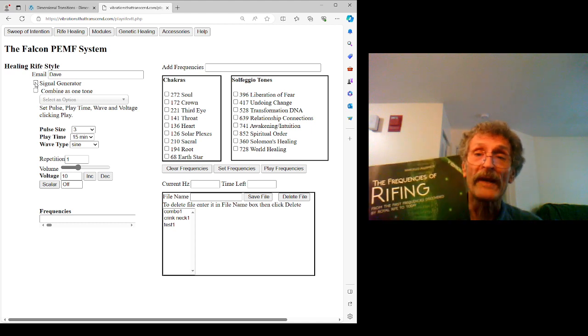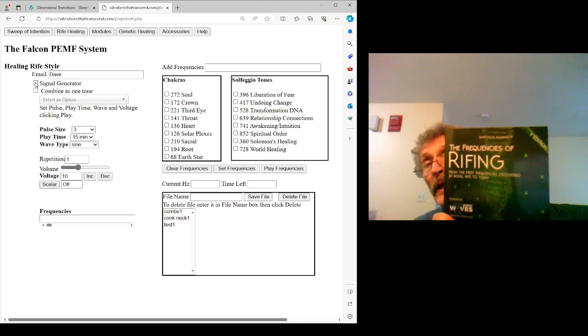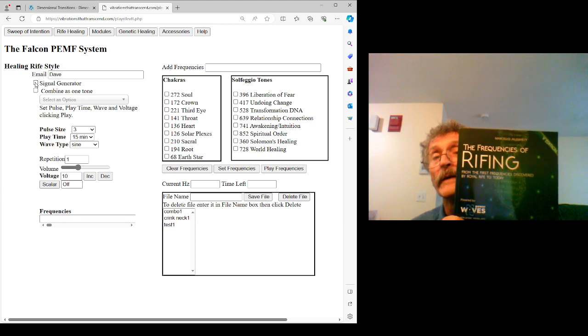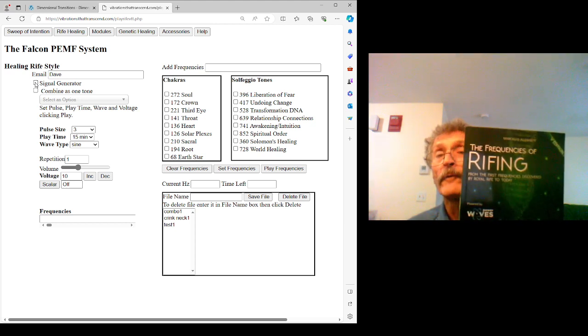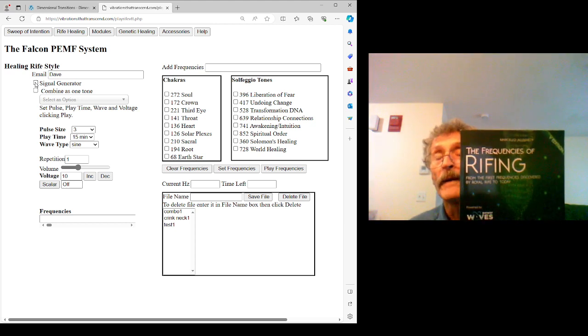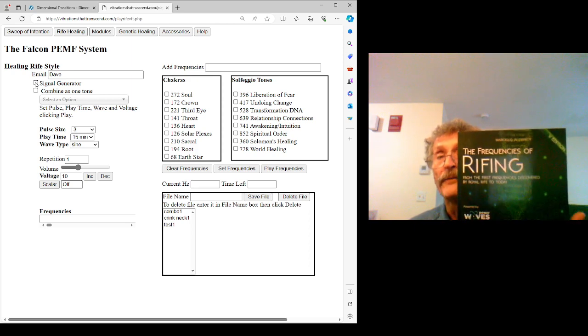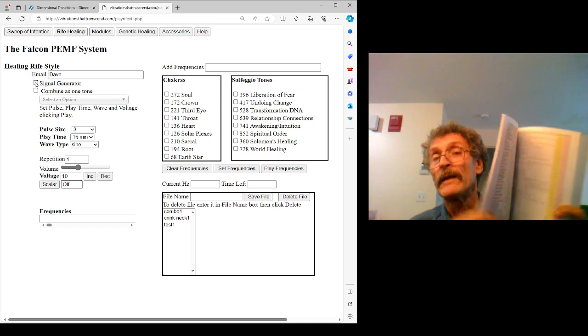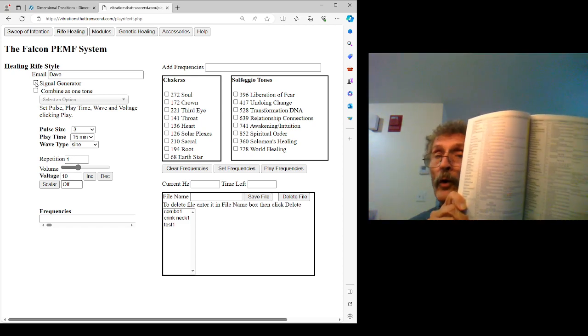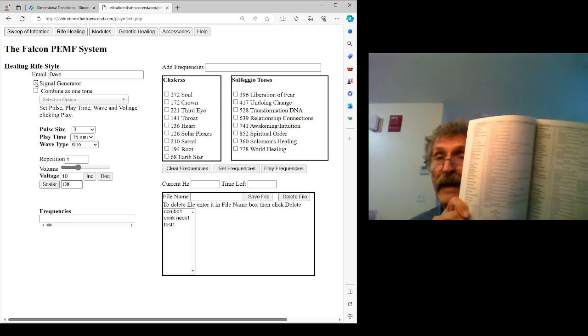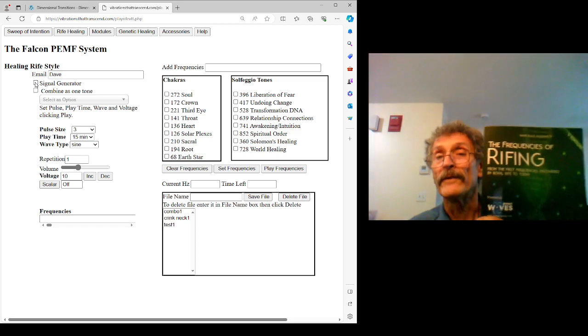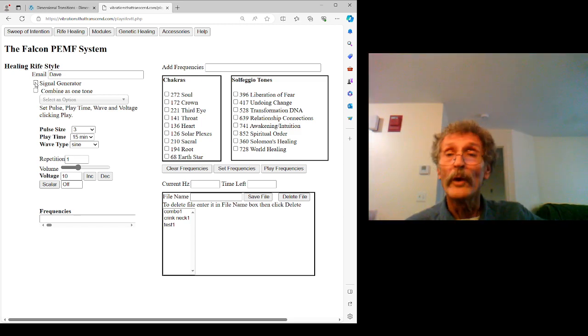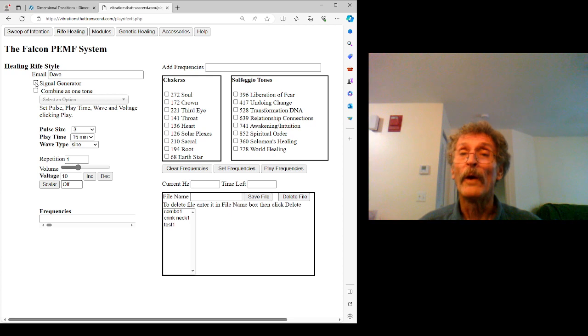I would suggest that if you get this, you get the Kindle version. With the Kindle version, you can look up what you need the same way you did on the website. If you have to look something up in this book, it's not organized as nicely and you can't get to it the same way you would if you were using the database. So if you're going in that direction, definitely get the Kindle version of the book.